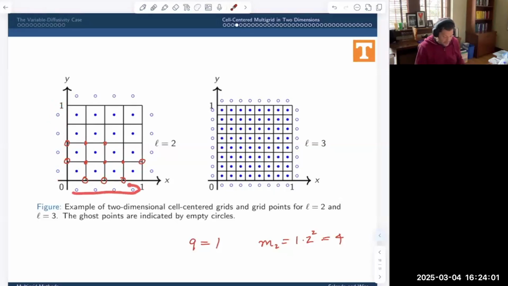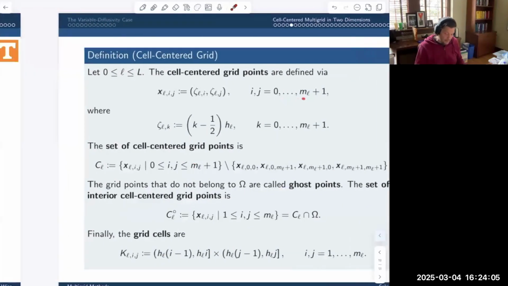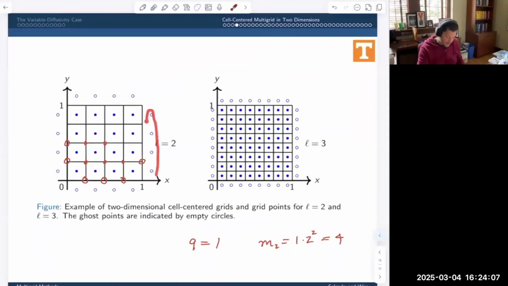For the y coordinate, it's these guys. And when I go above ml, that means I'm going to these points here, all the way up. So what I'm saying is the x points, I'm counting all of these guys, and the y points well, x points in this direction, all of these guys. That's my definition. So there's 4 points actually that I've gotten in my definition of cell center points, which I'm